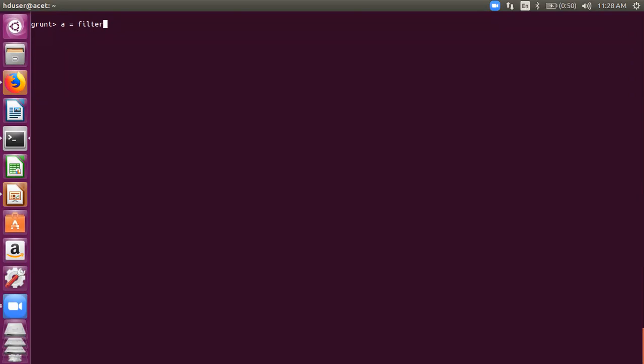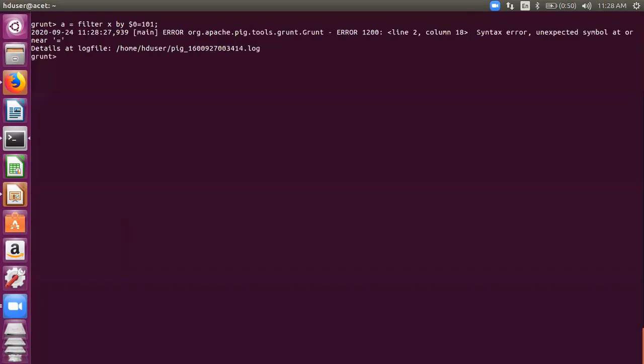So A is equal to filter x, then you use the word by, then you put some condition. Let's say by $0 equal to 101. Okay, it says it's incorrect. What's incorrect here?